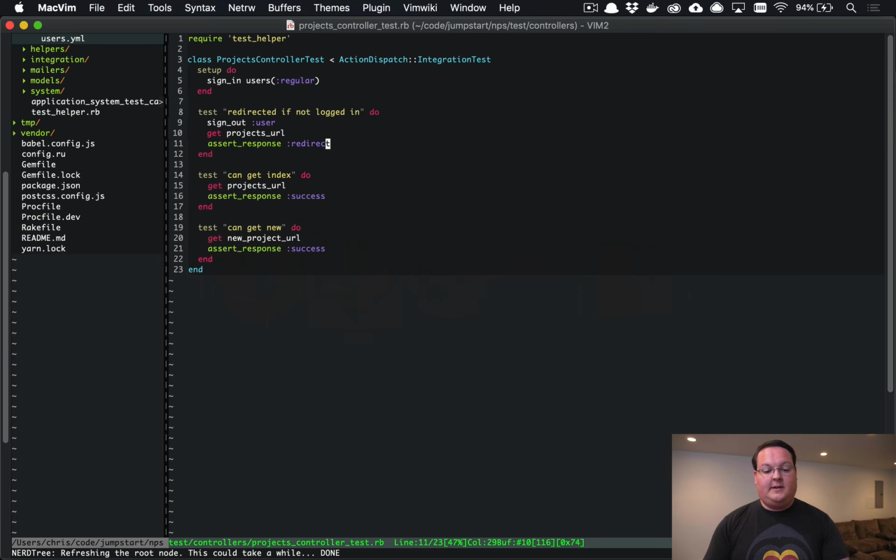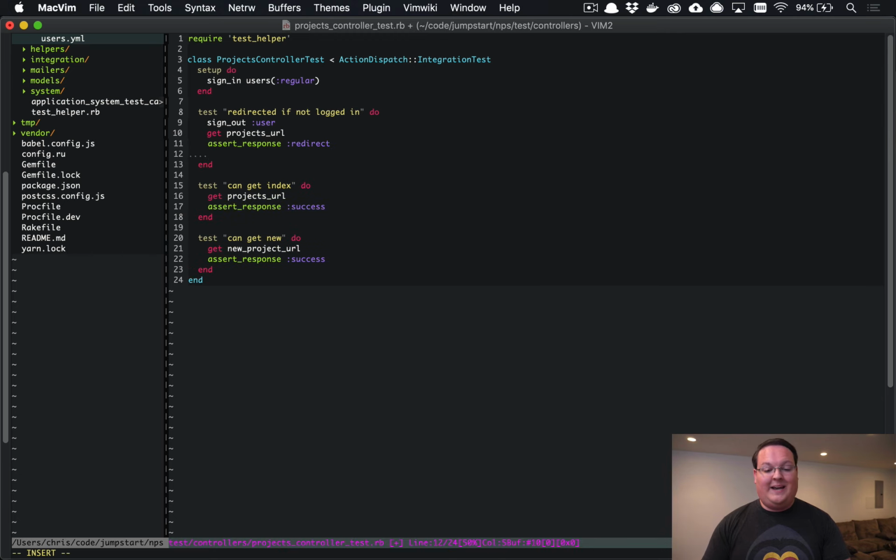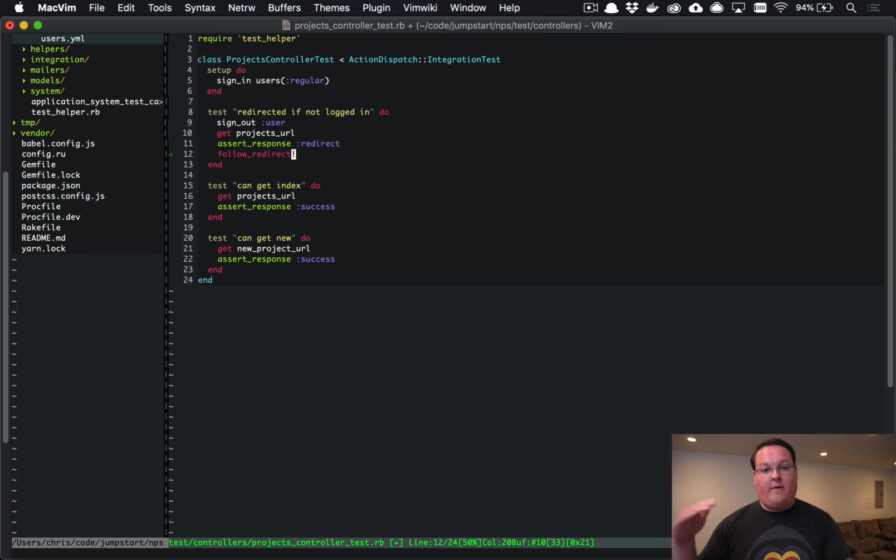Now, we are checking to see if you were redirected, but one of the things that we can do in our controller test or integration test is we can say follow redirect, and this is going to take the response we just got back and actually follow the redirect. So if we got a redirect, we can go and follow that to wherever it wants to send us. And we can then